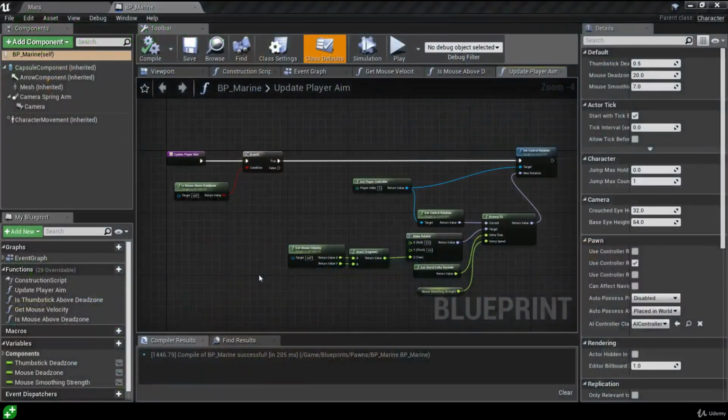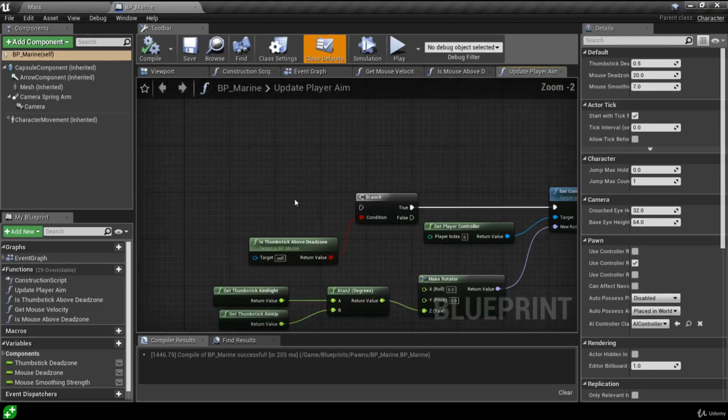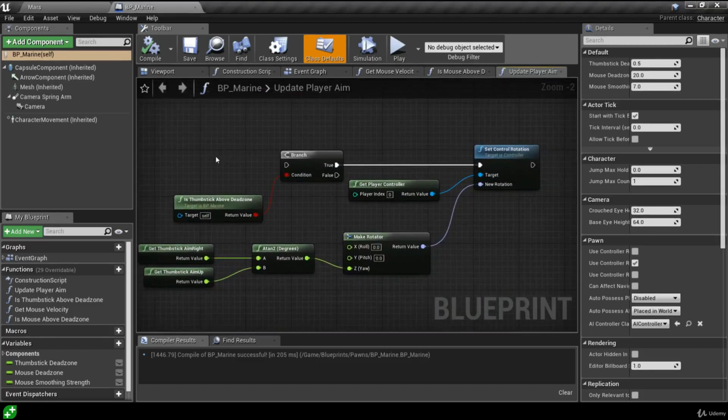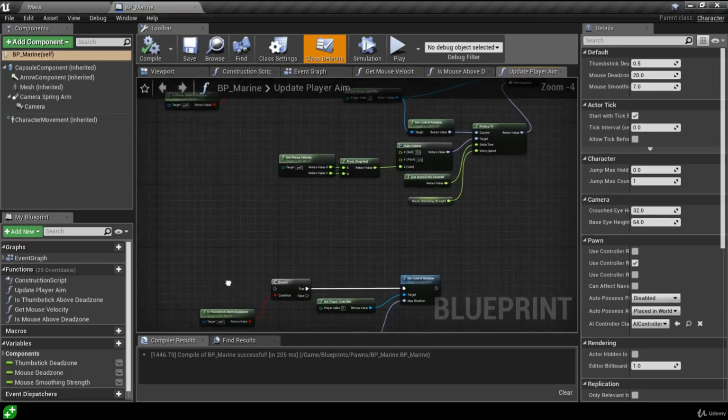Okay, so inside our Marine blueprint, we have our update player aim function. Now this function contains code that rotates the player depending on our mouse input, and it also contains code that rotates the player depending on the gamepad right thumbstick input. Now we can't just execute all of this code at once because the mouse input will fight against the thumbstick